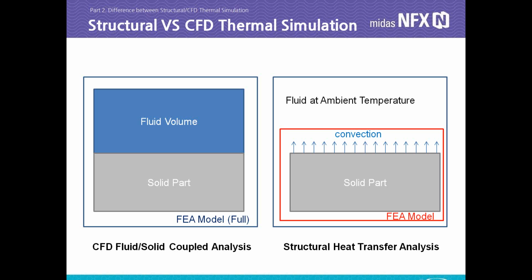In these conditions, one of the major hypotheses is that the fluid is at ambient temperature, which is constant. So you have, let's say, always 25 degrees around your part, and this is more or less constant. So you don't actually know what the fluid around is doing, but you're just considering it like a boundary